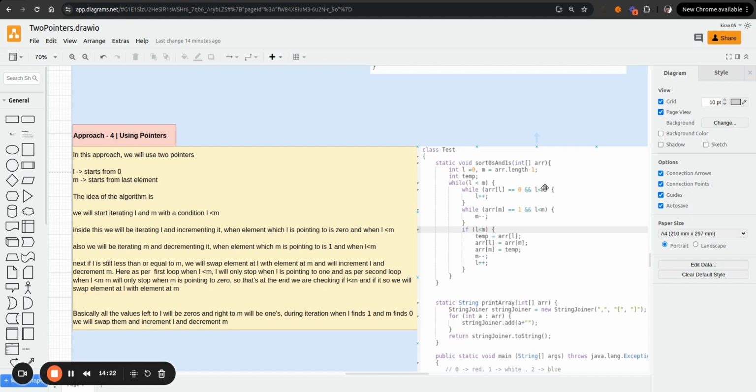So basically what we are doing here is, since we need zeros at the left and ones at the right, L starts from the left, from the first element, and M starts from the right, from the last element. So when L is pointing to 0, it is fine. We don't need to do any swapping or anything else. We don't need to change the position of zeros. Similarly, when M is pointing to 1, we don't need to do anything. So basically, these two loops can stop only in two conditions: when L is greater than or equal to M, or else